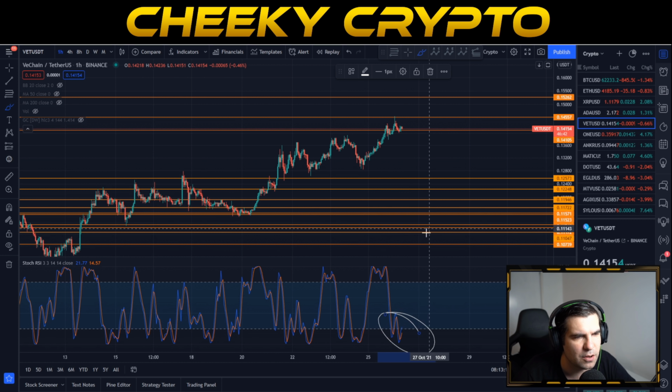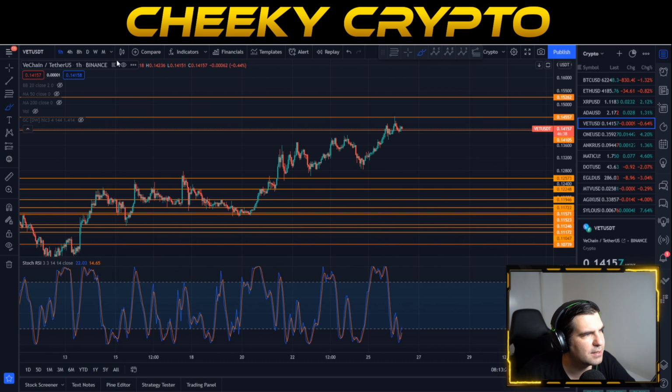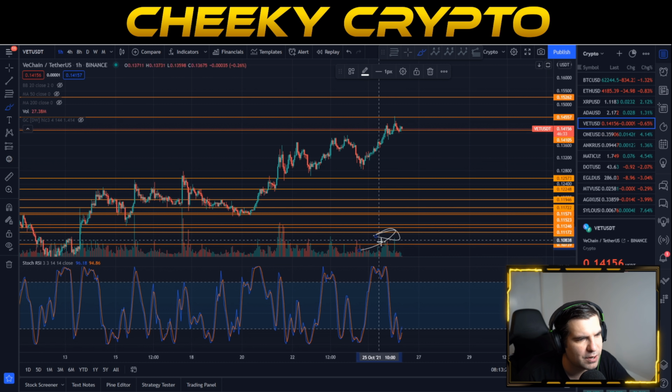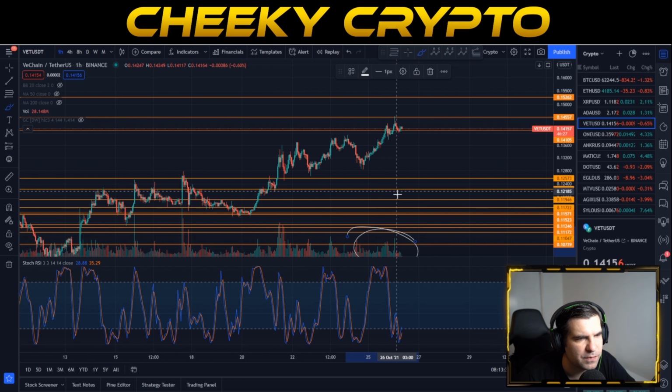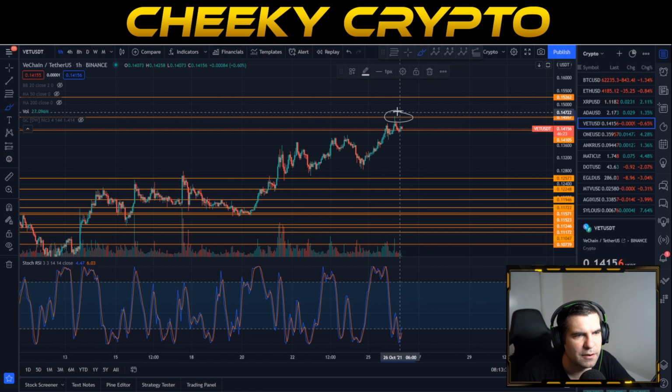The stochastic is in the oversold area right now, so we're looking to grow the stochastic, and as I said, we've got really good sentiment right now, which means we can see the volume grow with the price. When the price goes up, the volume goes up, and when the price drops, the volumes drop. That sentiment is very good for Vechain right now, turning the 14.1 cent into a support line,